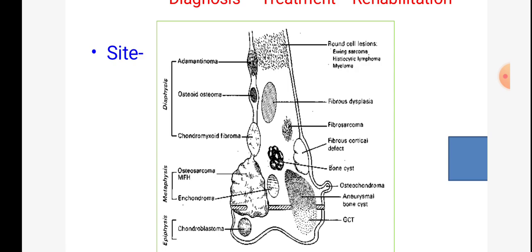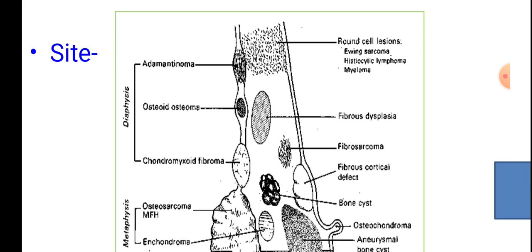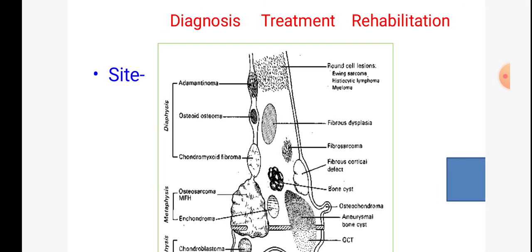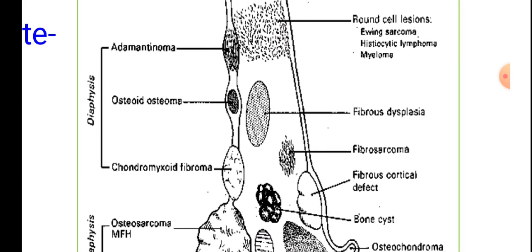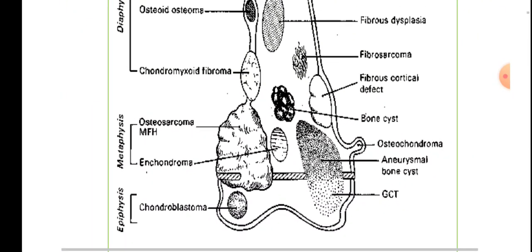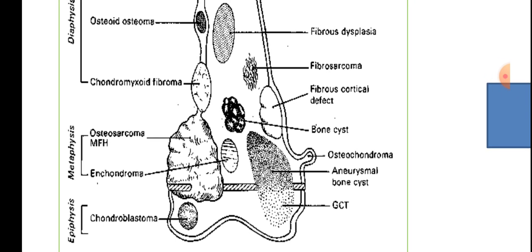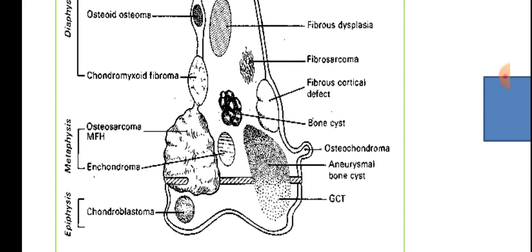This is an important schematic diagram where you can see from which layer, which part of a bone, the genesis of that particular bone tumor takes place. The diaphysis: it could be adamantinoma, osteoid osteoma, chondromyxoid fibroma. Whereas in the metaphysis, the lesions could be osteosarcoma and chondroma. Epiphysis: chondroblastoma. And on the right side you can see the origin of GCT, giant cell tumors, aneurysmal bone cyst, osteochondroma,